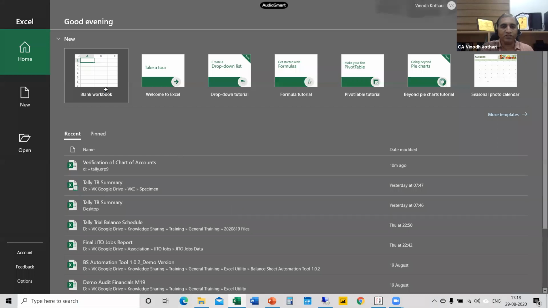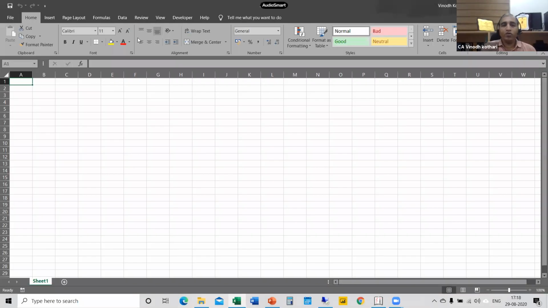Okay, new sheet. Then this is my Office 365 original version which I am using. If you are using a version of Office 2010 or 2013 or 2017, similar types of options are available. No need to worry. But if it is older than 2010, then this may not work, so just check it. So Office 2010 and later version, this option is available.